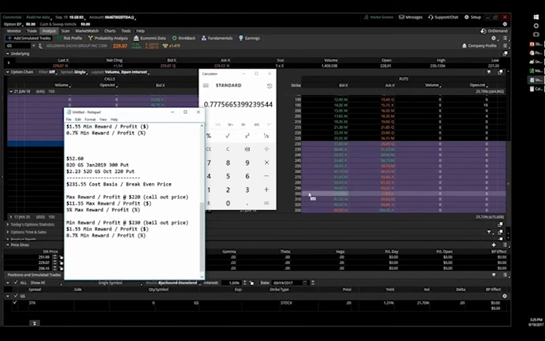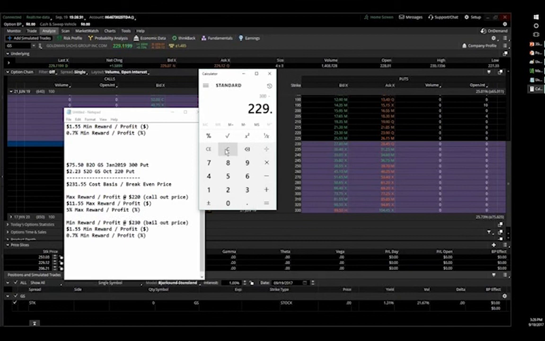Let's try 300. Trading somewhere between 73.75 and 77.25. 73.75 plus 77.25 is 151, divided by 2, is 75.50. How deep am I in the money with my 300 put? If I'm currently trading at $229.10, that's 70.90. 70.90 of the 75.50